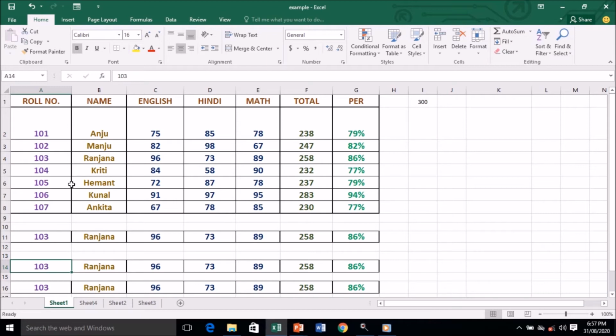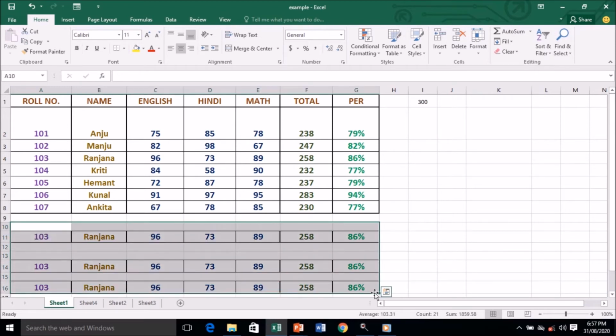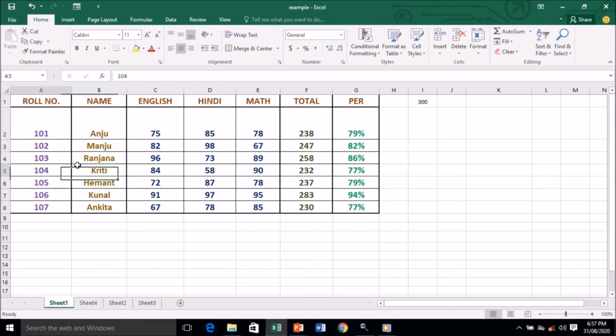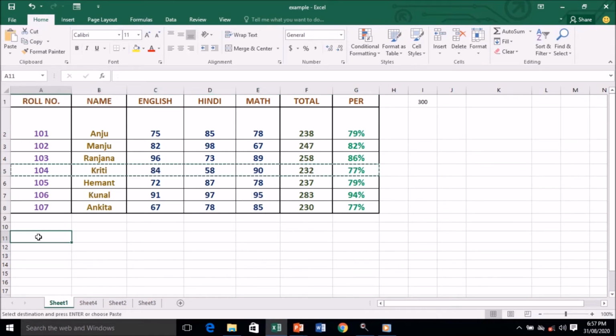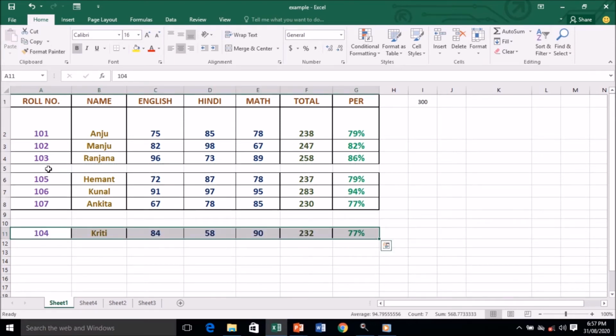The second thing we have learned today is about moving. In case you don't want to copy but want to move a cell, what will we do? Here we will select the data first of all. This is the data selected. The first method: select the data, click here, and this is the Cut command. We select the place where we want to paste it, and then go for the Paste command. You can see it is cut from here and pasted here. This is a full cut. The data is deleted from here and has been pasted in this place.